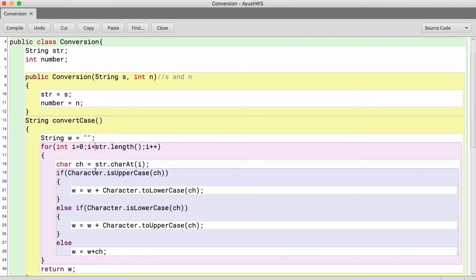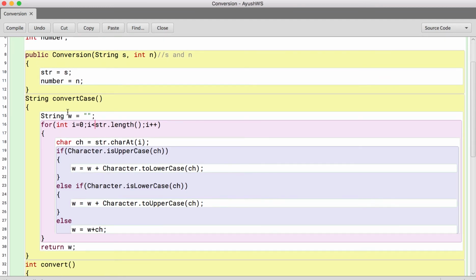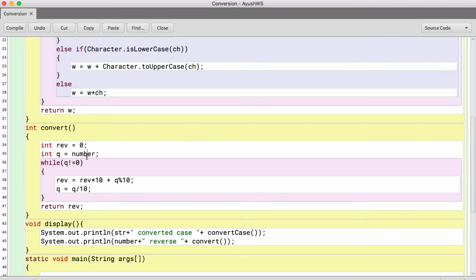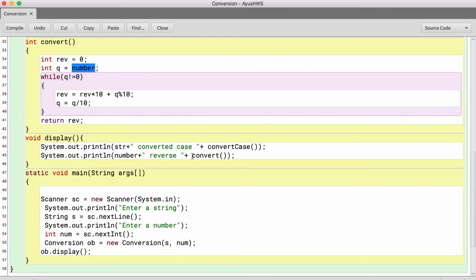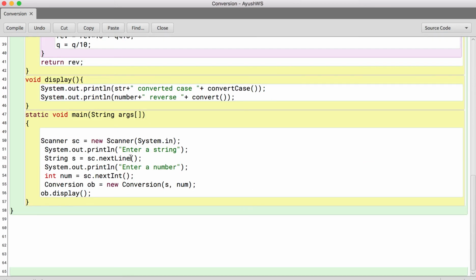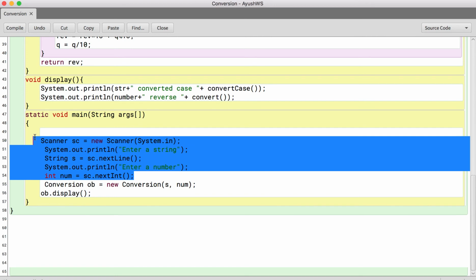Convert case, again, is a method which converts the case of the value passed in str. Again, convert returns the reverse of a number, and then I just display the values. Taking the input from the user, creating the object of the class, passing in the values and calling the display function. If in case it's not asked to take the input from the user, alternatively you can omit these steps